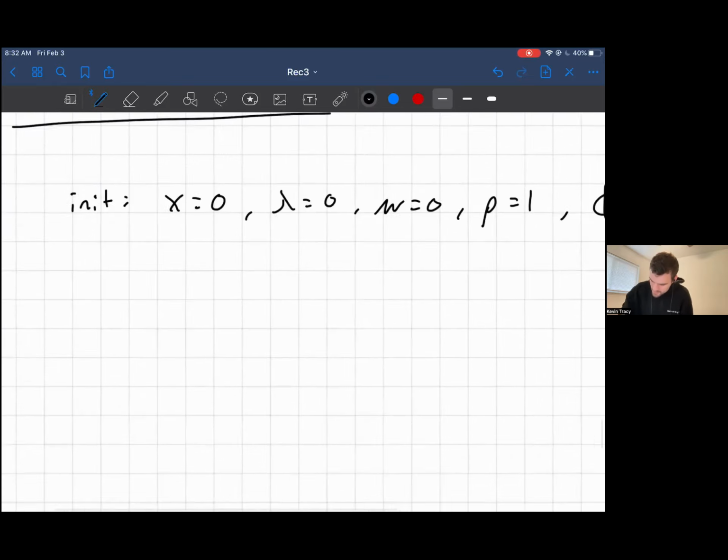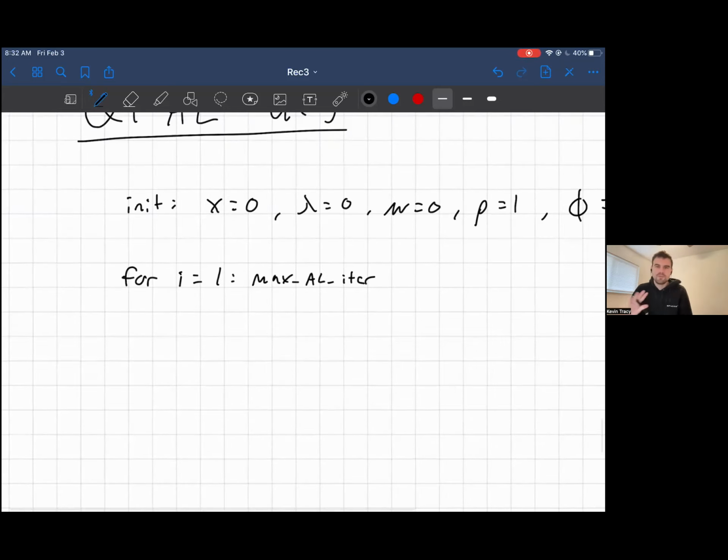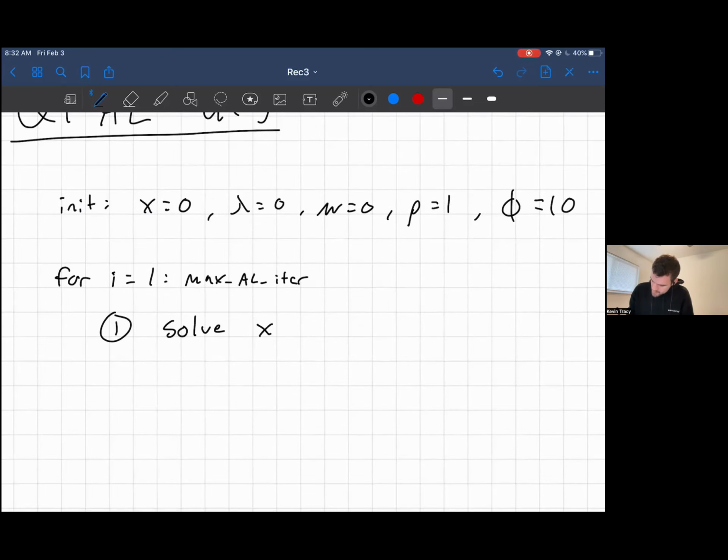And so here's how this looks. So for i equals 1 to max AL. I'm going to write out 2 different ways you can do this. You can feel free to use whichever one you want on the homework. They're both equivalent and they'll both work just fine. The first step is I'm going to solve the following problem. x star equals min over x